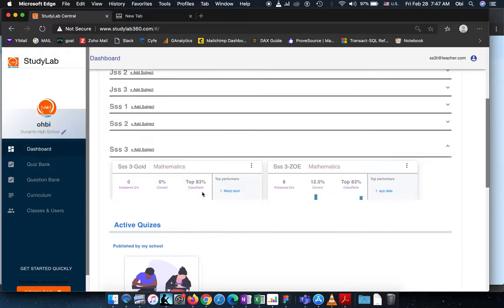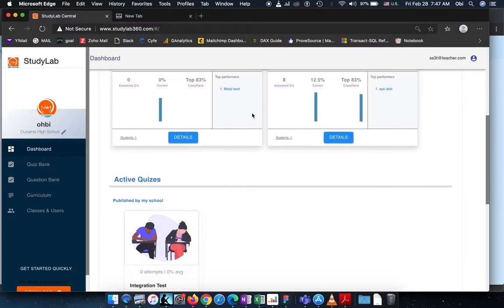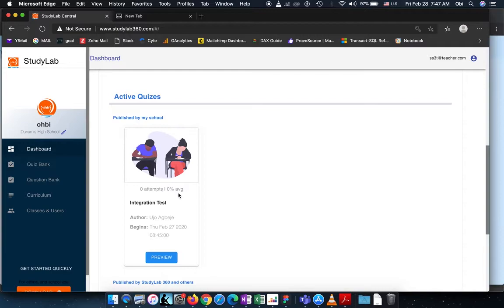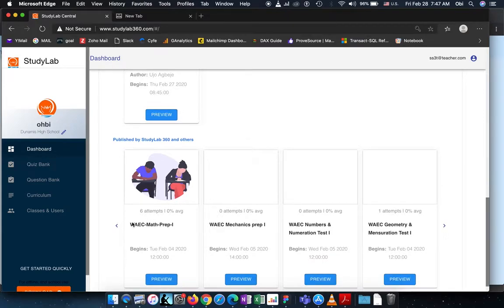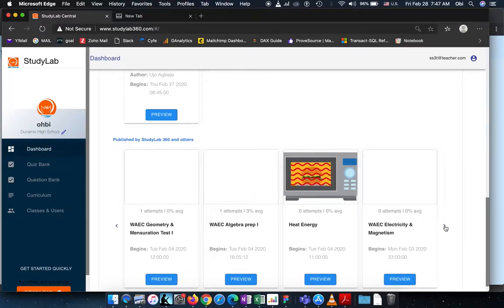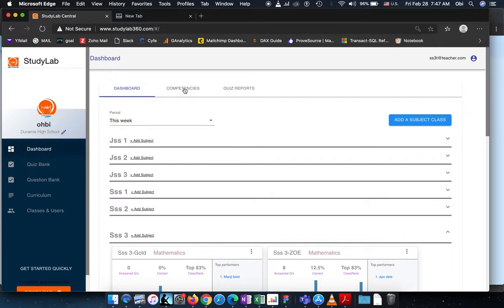Also, this teacher has been added to SS3 Gold and also SS3 Zoe Mathematics, and so she can also see all the data around that. On this page too, you would see quizzes that you have published, like this integration test, and you would also see quizzes that have been published by StudyLab and other partners. If you scroll this way, you'd see different quizzes. All right. Now, on the Competencies tab,